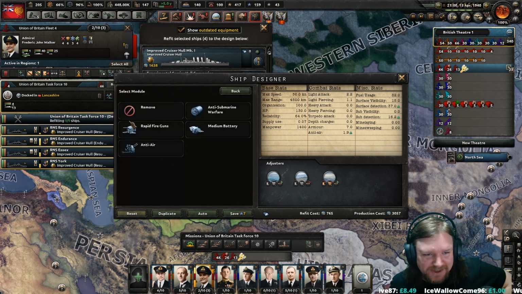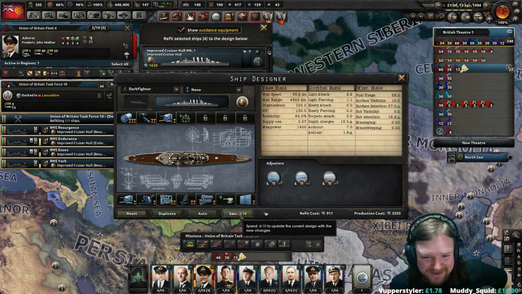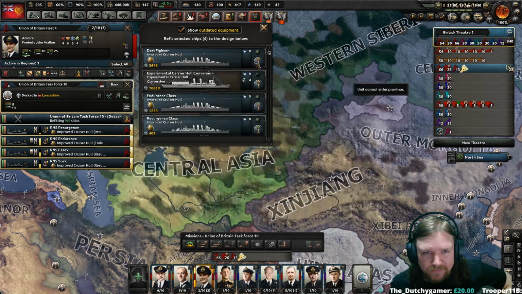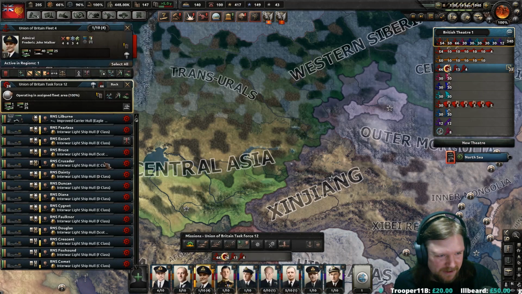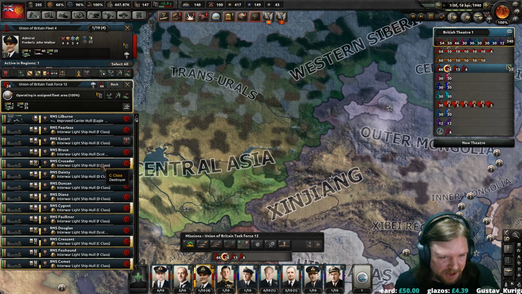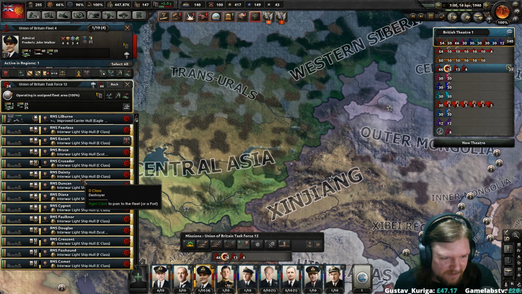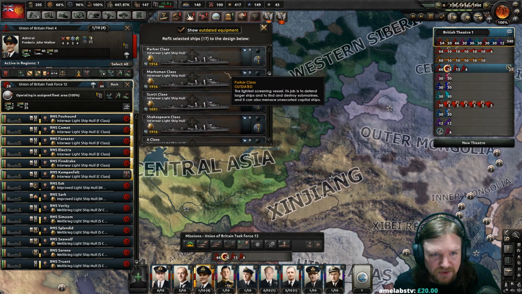You know what I've forgotten to do? Any kind of anti-sub warfare? Yeah. Probably need that. And those can become dark fighters. There we go. So what are these? These are also older ships. So the tier 3s can upgrade into...